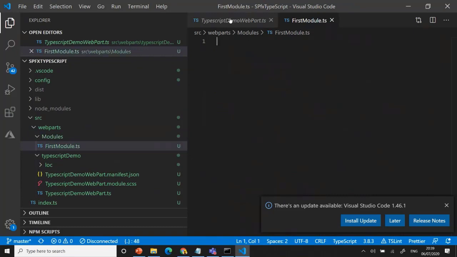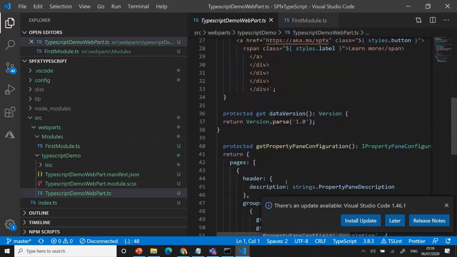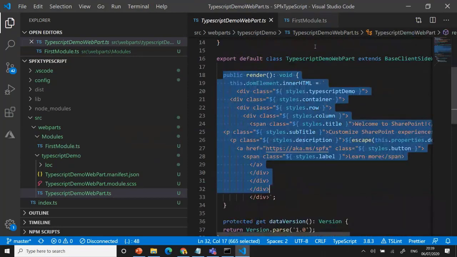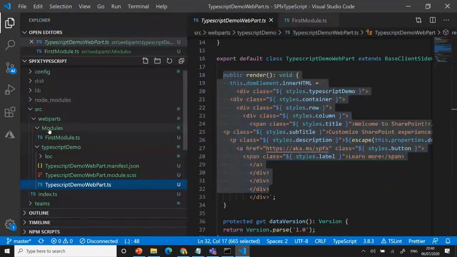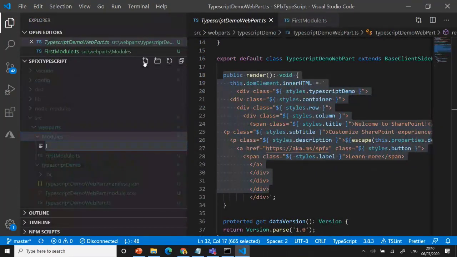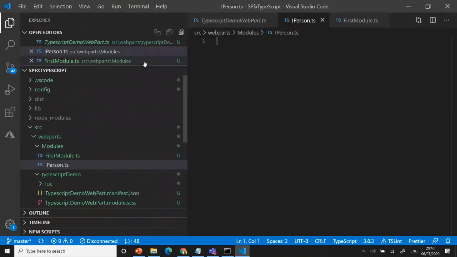Okay, I'll create the folder. This is a standard web part template. You have the rendering there. You have everything, right? But in your module, nothing is the same. What we do is, at our end we need to do all this coding part. At the same time, if you want an interface separately, I'll create one more file under the modules. Let's say person, like that. Always for the module interfaces we use the word person, right? That's the reason the file also uses it. First, I'll show the interface, how to do that.